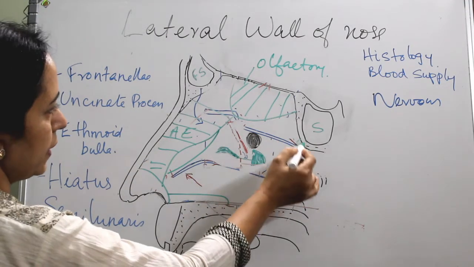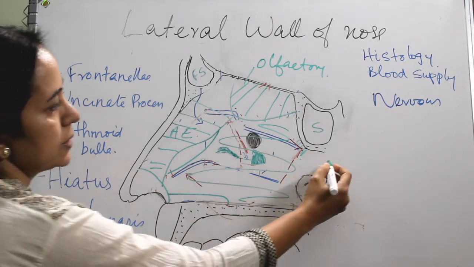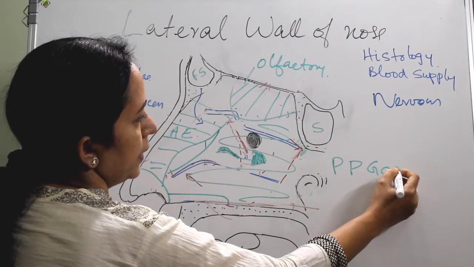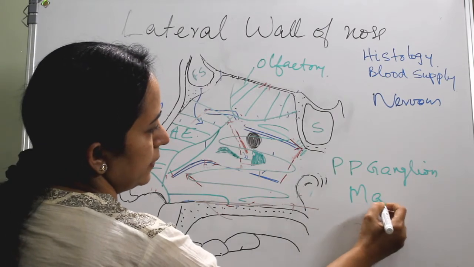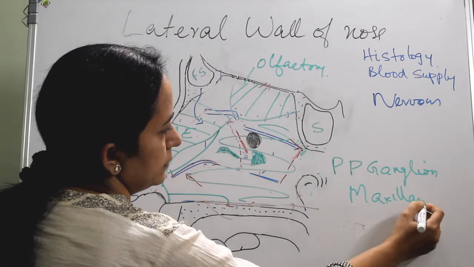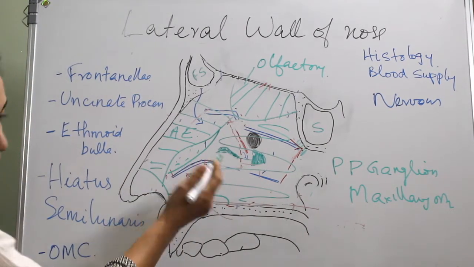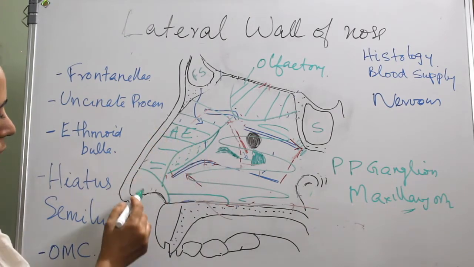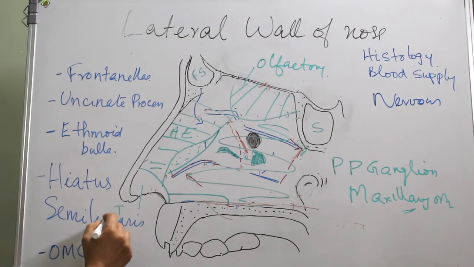The major part is supplied by the pterygopalatine ganglion, and also small branches from the maxillary nerve. Here you can see an overlap area between the maxillary and anterior ethmoid. And anteroinferiorly, the lateral wall is supplied by the intraorbital,